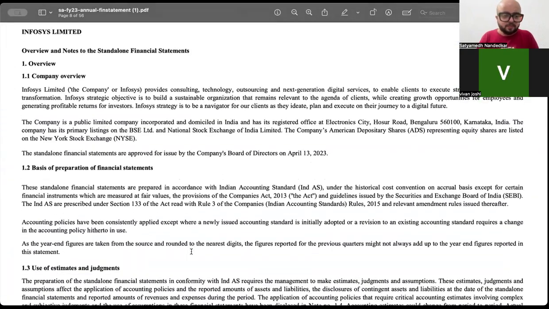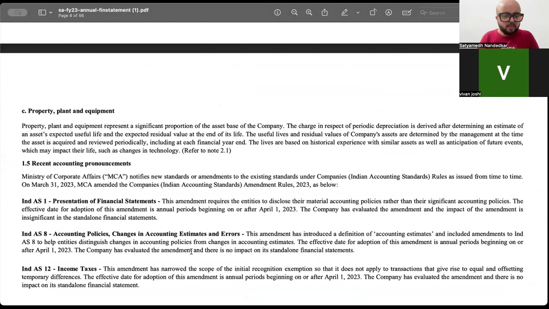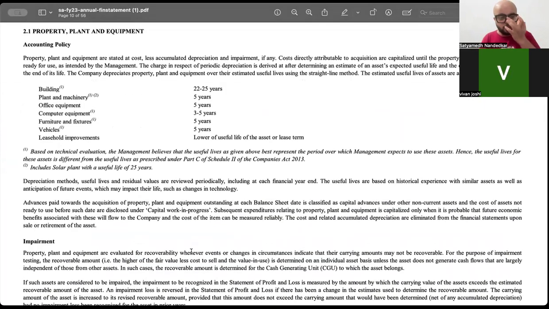Let me take you to the fixed assets related disclosure. Property, plant and equipment. I am saying that I have furniture and fixtures whose expected useful life is 5 years. I am telling this information to you. I am disclosing this information to you. This is also a claim made by the management. क्या claim है कि देखो भाई, these are all the assets available with me. जिसमें building है जिसका यूजफुल लाइफ can be 20 to 25 years, जिसमें प्लांट एंड मशीनरी है उसका यूजफुल लाइफ can be 5 years, जिसमें ऑफिस इक्विपमेंट है उसका यूजफुल लाइफ is 5 years.